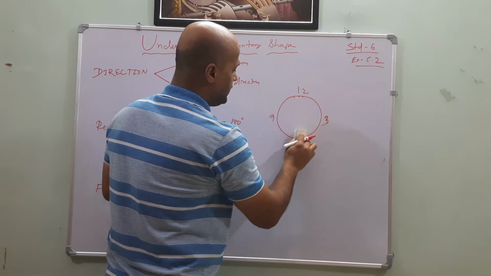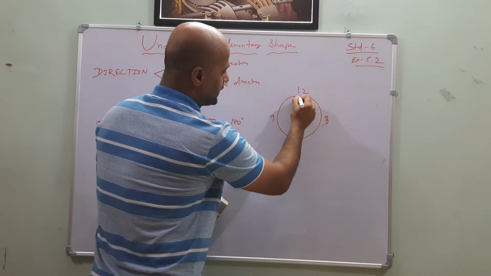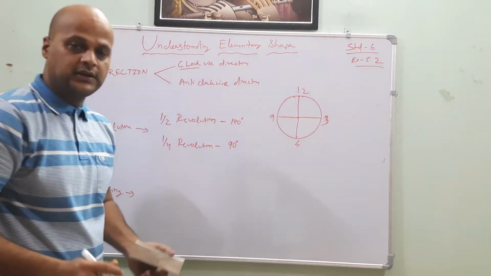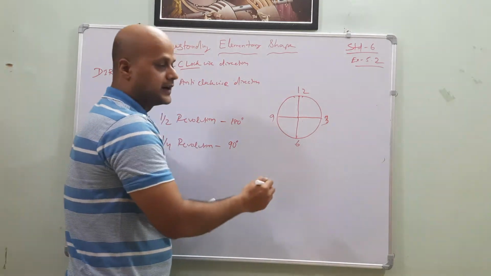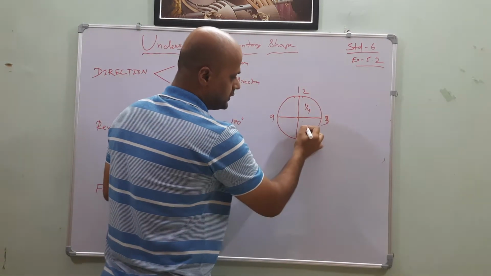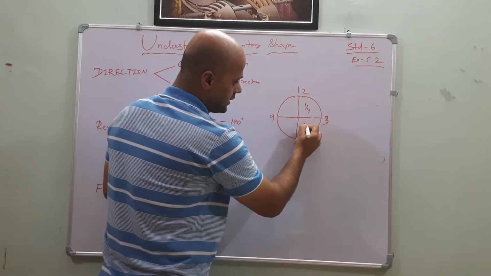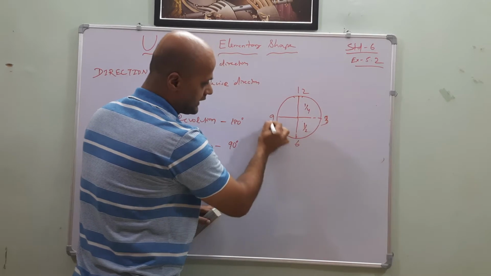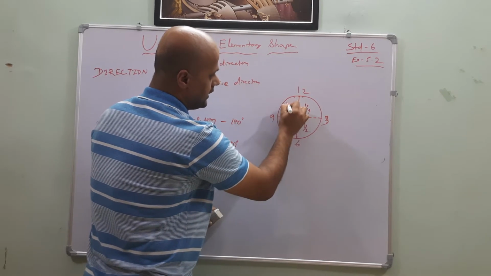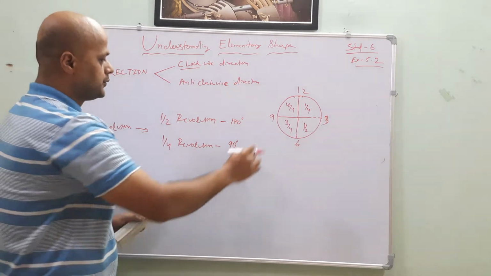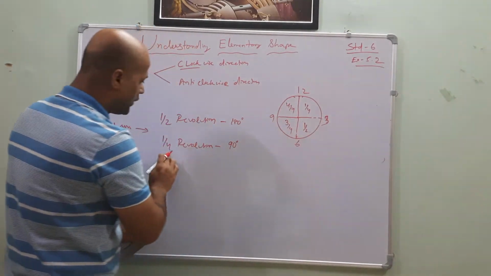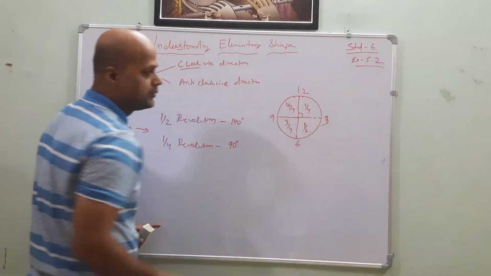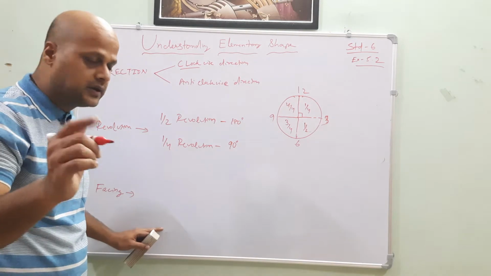Example. Now I am dividing this into 4 parts: here, here, here, and here. These are the 4 parts. If I divide into 4 parts, this first part is 1/4. Now this total part is half. From 12 to 9 it is called 3/4, and then it will be the complete part. From 12 to 3 it is called 1/4 of the revolution, and at the center it forms how many degrees? 90 degree. Very good, my dear friends.